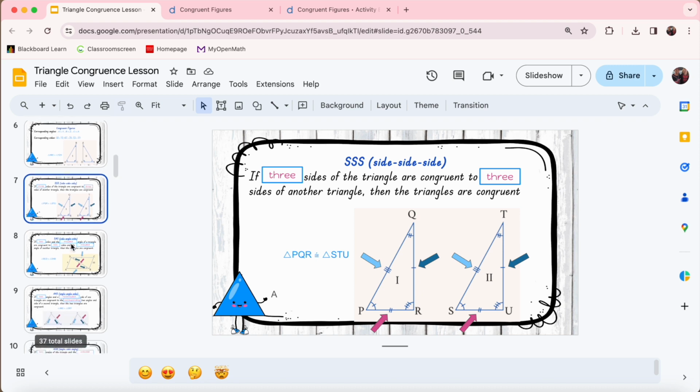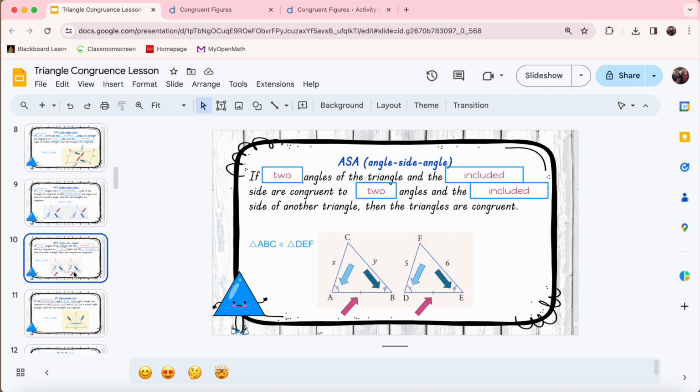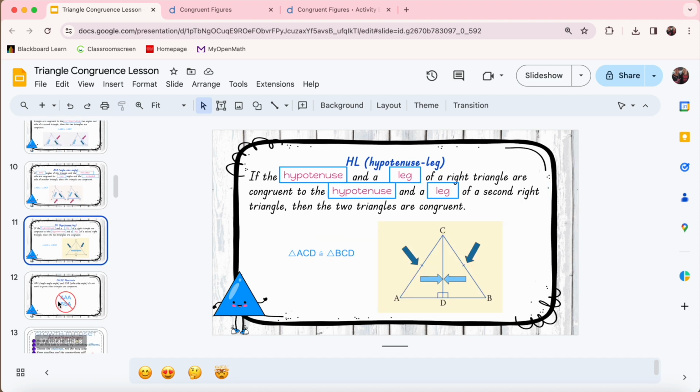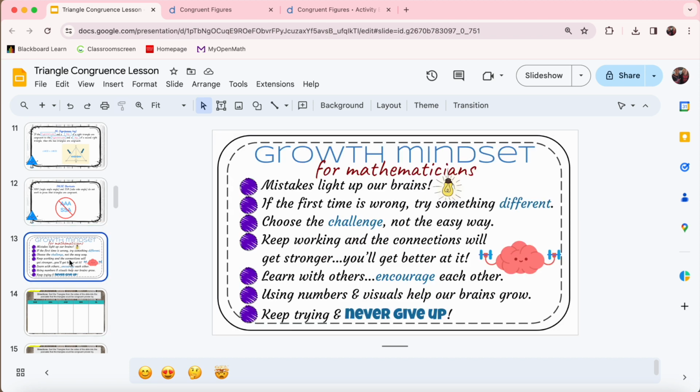So then we would go through the different congruencies, explaining them. I would fill the blue boxes that you see in as a class as we go. So I would start them off blank, and as a class, we would fill them in together as they fill in their notes. Okay. Then we would go into our group work,